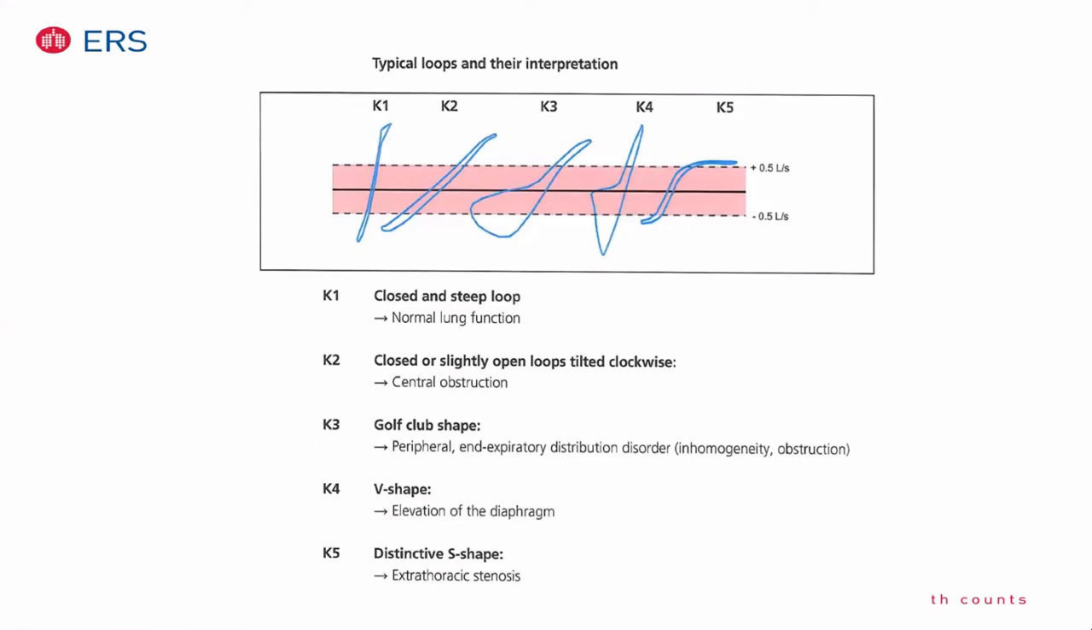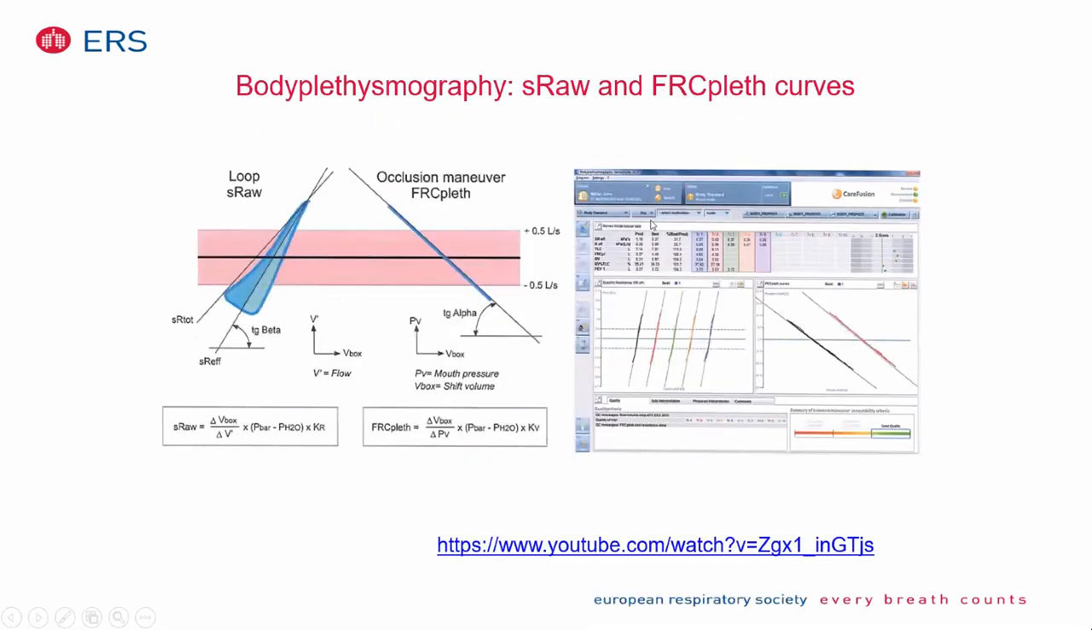This curve here, honestly, I do not know exactly how this comes with the elevation of the diaphragm. And this one is easily explained also. If you have an extrathoracic stenosis, the moment you do the full inspiration, suddenly you don't have more flow going through, or the same during the expiration. So that's how the whole will look in your